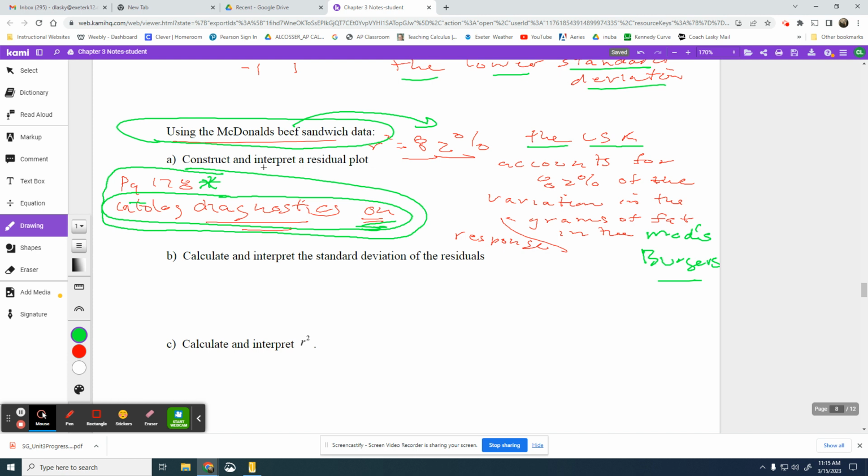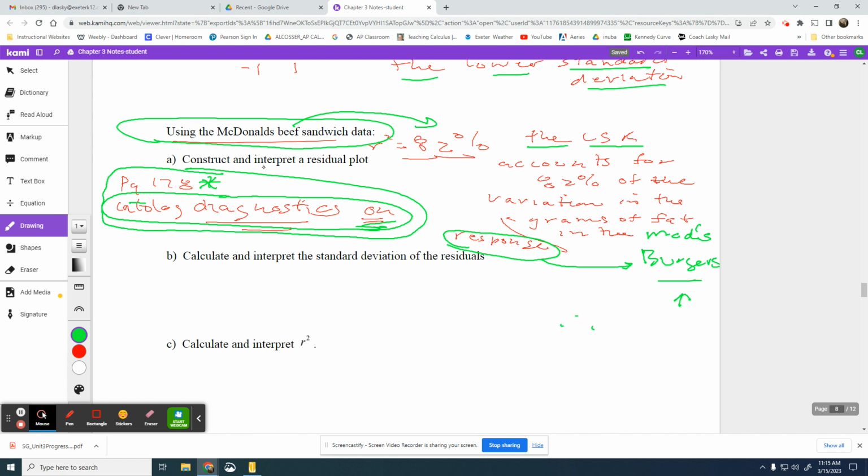So let's say for the McDonald's beef sandwich, we get R squared of 0.82 or 82%. So what does this mean? This means the least squares regression line accounts for 82% of the variation in the grams of fat in the McDonald's burgers. We're always stating content, and it's always the response variable. Okay? It's always the response variable. So we're really saying that